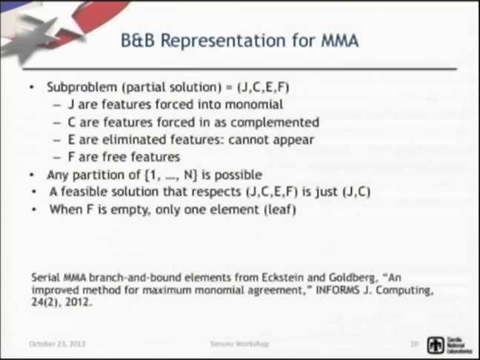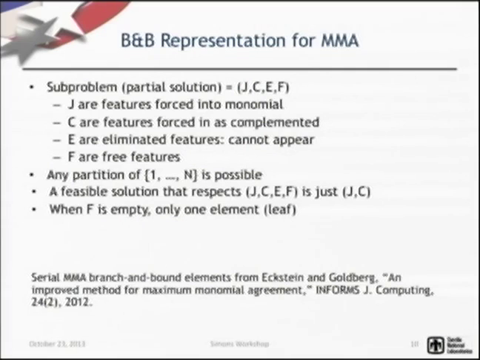The ones you can't use, that's E, the eliminated variables, and the ones you haven't decided on yet. And that completely partitions the set. So any partition is possible. Of course, they're not the same quality, but it has a nice property. And then furthermore, for any particular representation, this J, C, E, F,